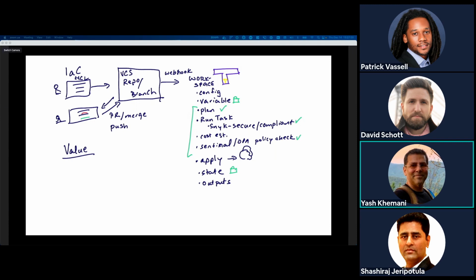Now, if you look at what is the value of what we are doing here, right? Why take this approach? Value comes down to three things, right? One is we want to be able to increase velocity, right? We want to be able to deliver faster. We want to be able to control cost. And I don't mean just with regard to leveraging the cost estimation, but our biggest cost is time, right? What is it taking for me to do this? And the third item is risk, right? We want to lower risk.